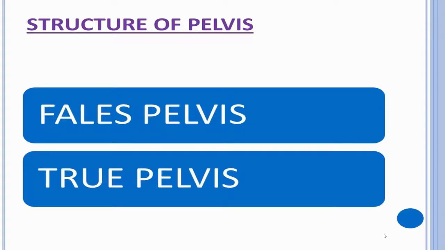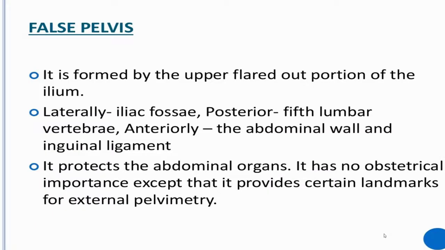Now we'll see the false pelvis and true pelvis. The false pelvis is formed by the upper flared out portion of the ilium. Laterally, it is formed by the iliac fossa. Posteriorly, the fifth lumbar vertebra. Anteriorly, the abdominal wall and inguinal ligament. It protects the abdominal organs and it has no obstetrical importance except that it provides certain landmarks for the external